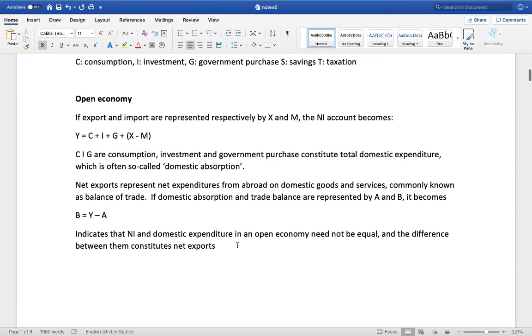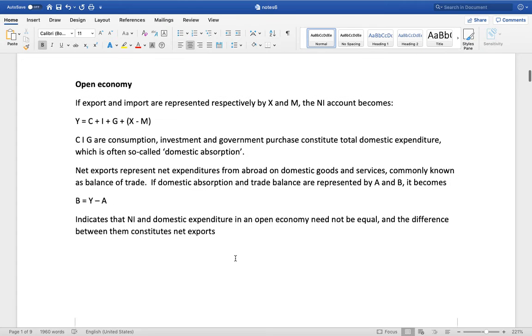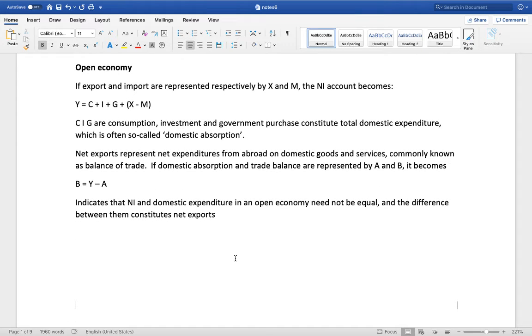While in the open economy, the local residents can buy goods and services produced abroad through imports, and foreign residents can buy goods and services produced in their own country through exports. The difference between a country's exports and imports represents the net purchases by foreign residents of goods and services produced in a country. In this way, the goods and services produced by domestic factors of production can be divided into two parts: the domestic purchase and the foreign purchase.